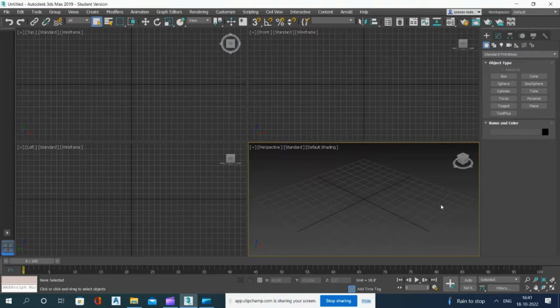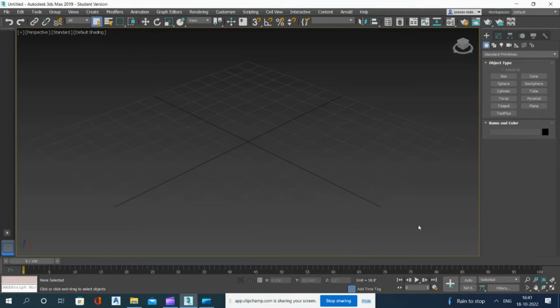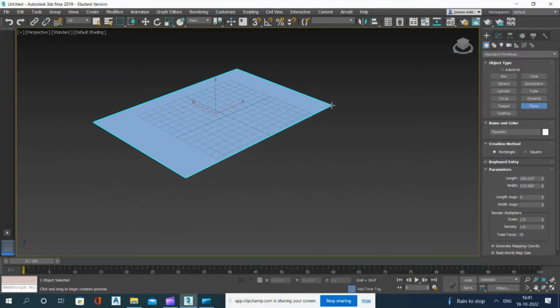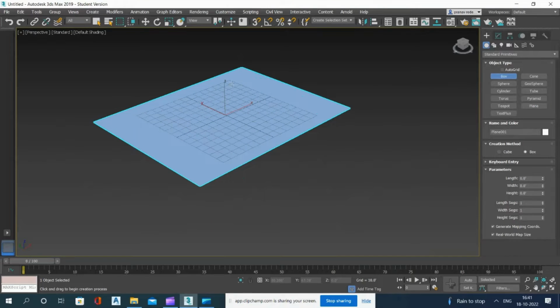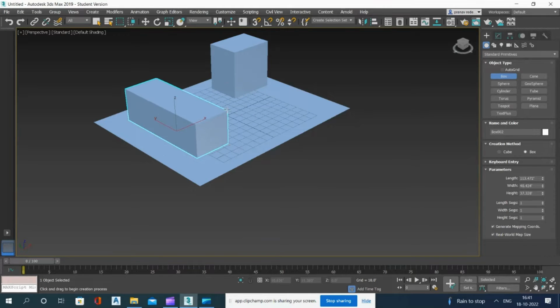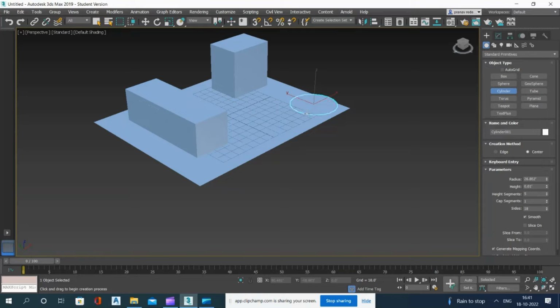This video is about basic 3ds Max render and material texture editing. Let's begin with plane, box, rectangle, and cylinder. Before applying textures to this object,